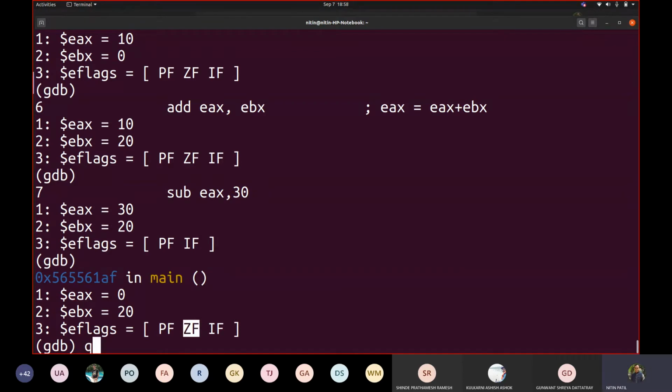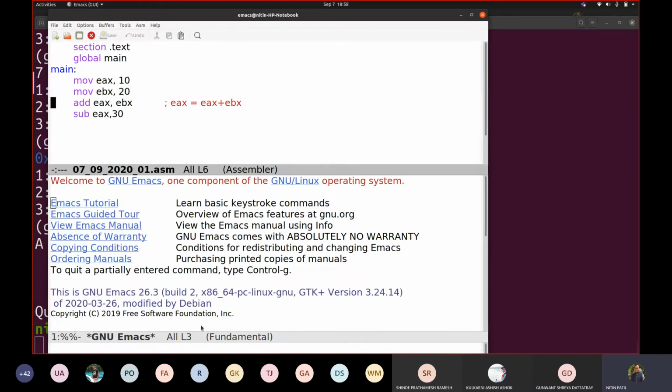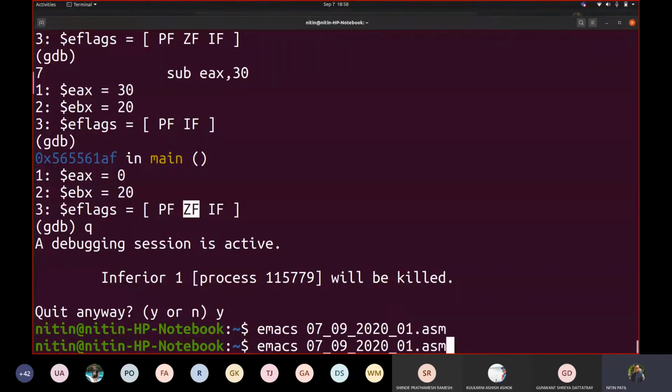Now what if result goes negative? Let us try to see. I assume you must have understood now how this flag register gets affected. So let us write here 40. We know that this result would be negative: 30 minus 40. Fine. So let us go back.